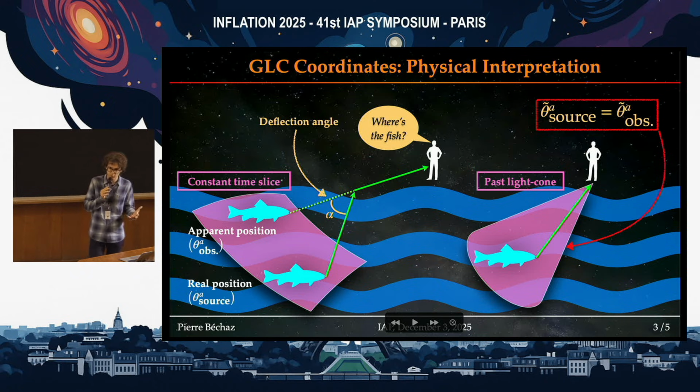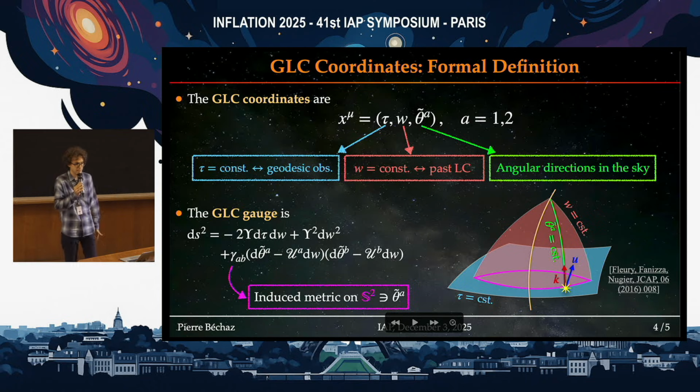And so this enables you to get one of the key requirements about this set of coordinates, which is that the angles, so you suppose you parameterize the positions of the source in terms of two angles in the sky, as usual. So what happens is that the angles you measure will exactly be equal to the real angles of your source. And as for the other two coordinates, we have that tau is a time-lag coordinate selecting a free-falling observer, and w selects the past LightCon associated with this observer. And then it turns out that the only metric which is compatible with these requirements is this metric here, which has a fully nonlinear behavior.